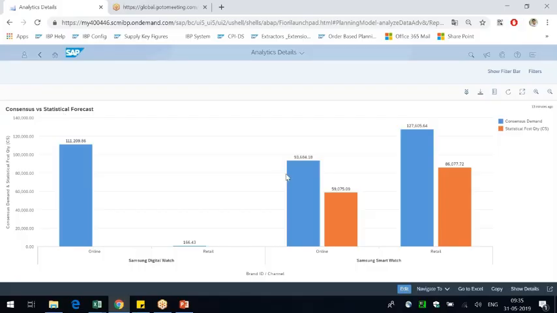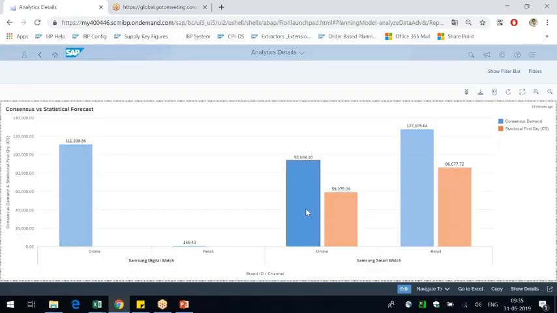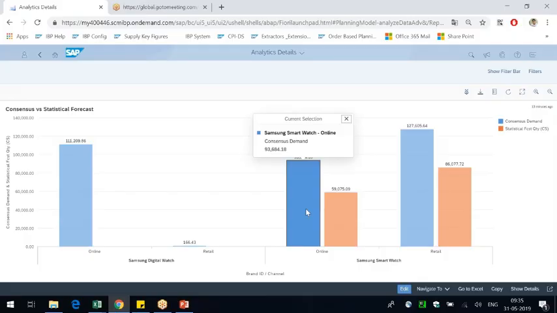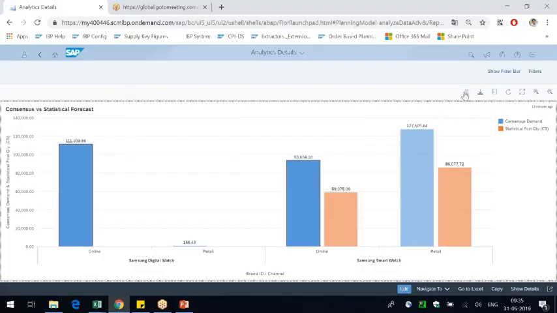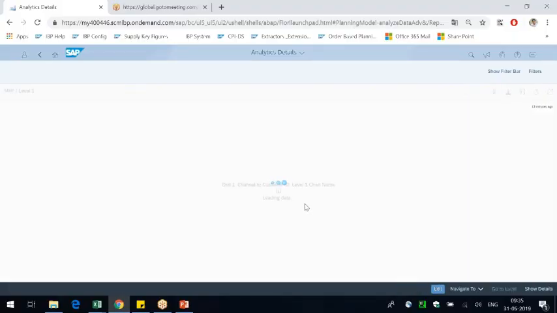So the beauty here is that you click on online, it will drill down to the online customers that are mapped to the online channel. Okay, and then that's how it is. If I go to the digital watch, drill down, there is no statistical forecast.